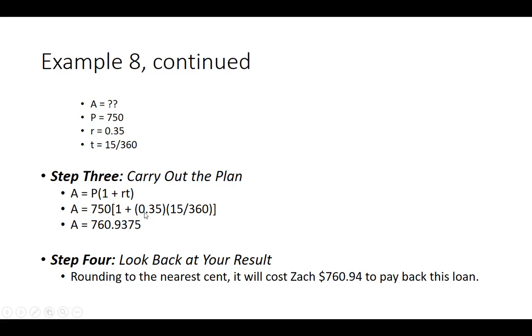So in the calculator, we would do 0.35 times 15 divided by 360, get our result. Add 1 to that, get our result. And multiply by 750. And that'll give us